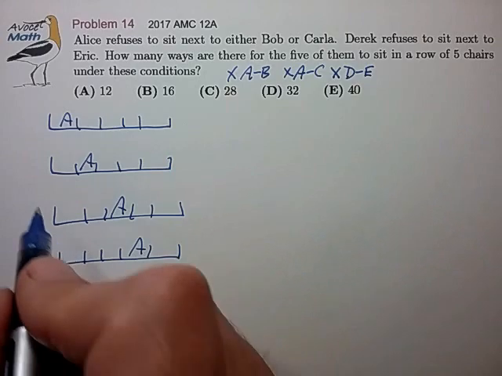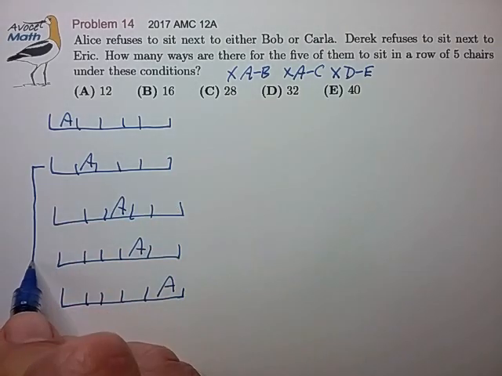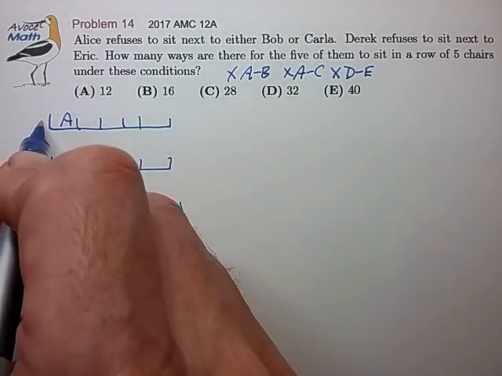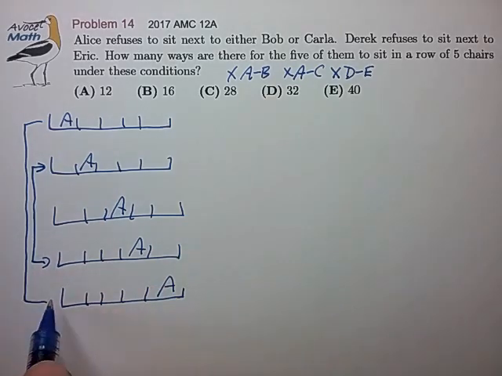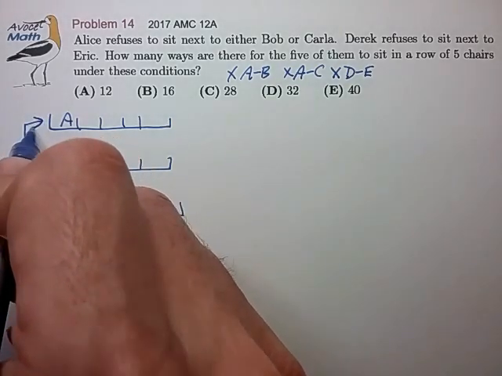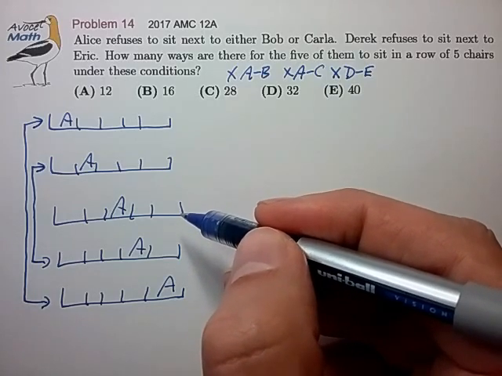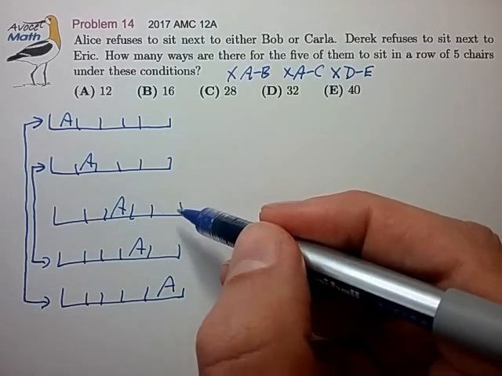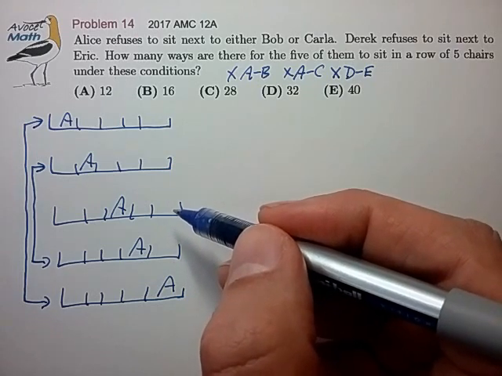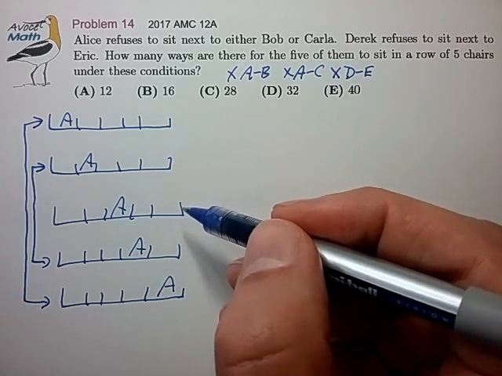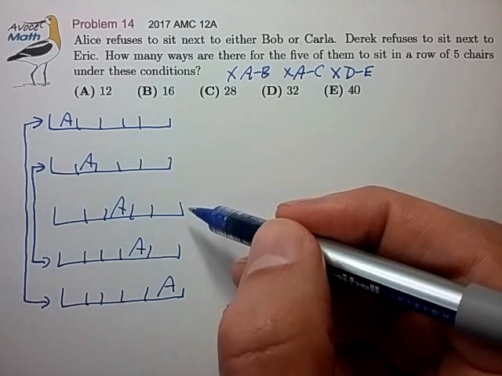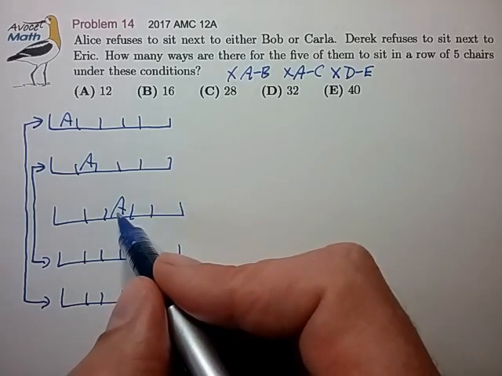So the counting that we do for the second case should match the counting we do for the fourth case, and the first should match the counting for the fifth case. So we really only have to do 3 cases here. So let's see how we can do that. So I always like to look at the easiest case first just to kind of get started. Looks like the middle case is probably the easiest because if A is in the middle and B and C